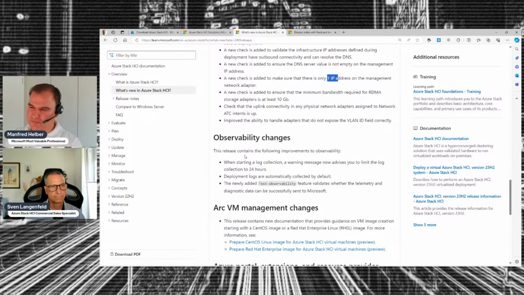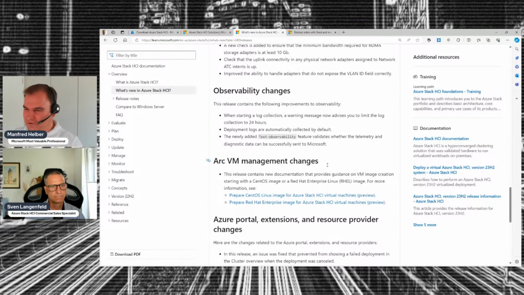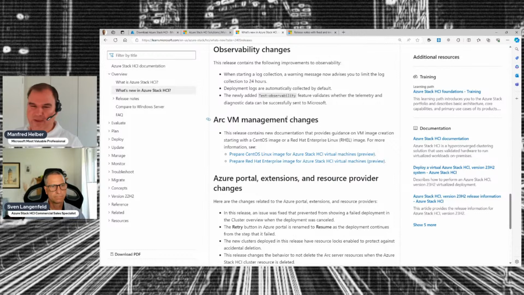Then we have this part observability. Here we have the monitoring things and collection of logs. The very important thing is the Arc VM management, because this is the part where we have the big advantages in Azure Stack HCI. And Microsoft published 2 guides how to configure or create images for CentOS and Red Hat Linux